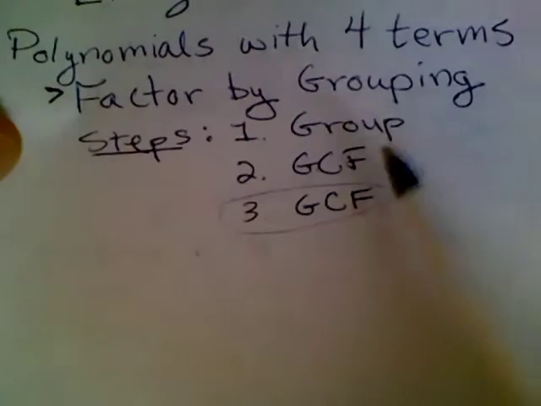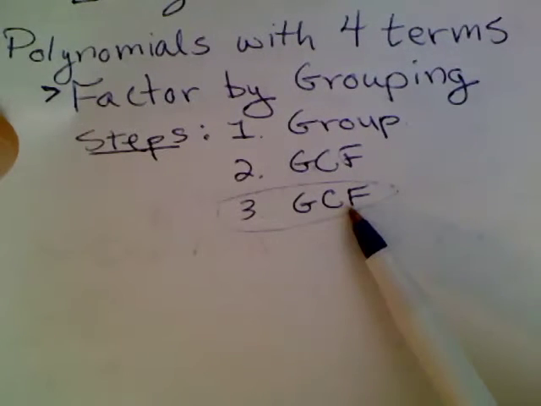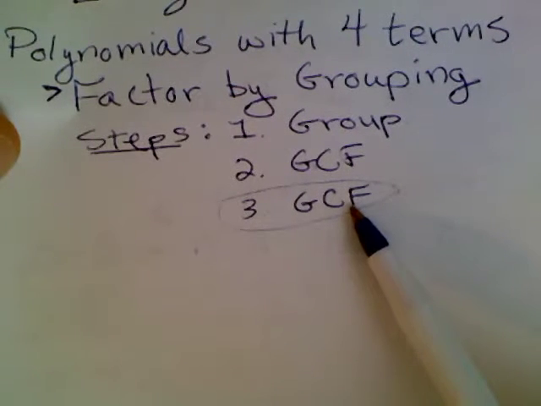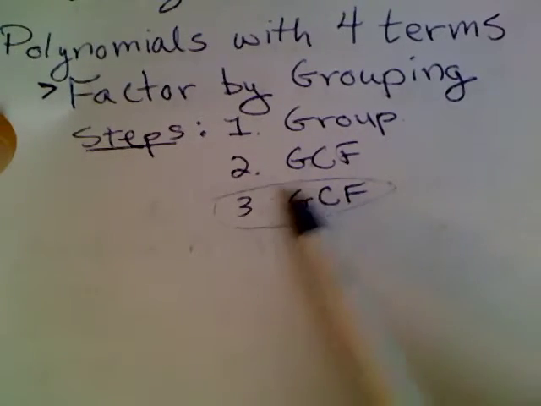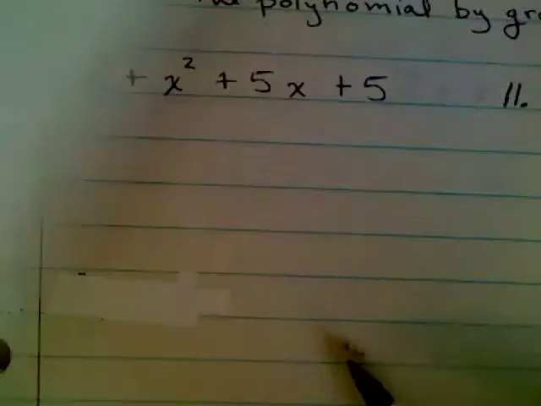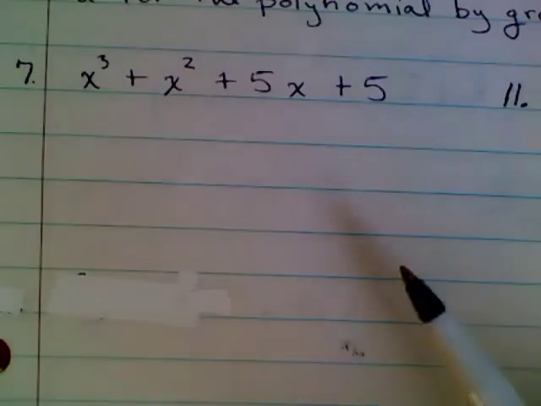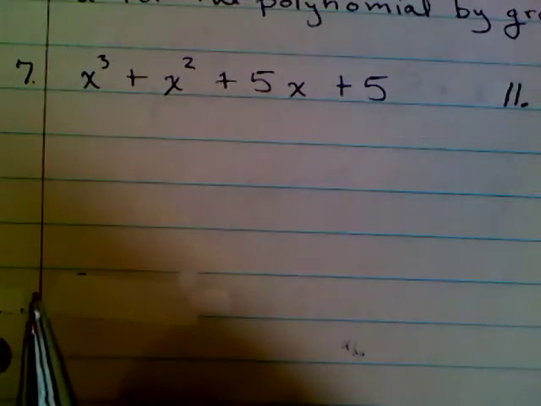The steps are to group, then to do the GCF, then to do the GCF again. We had just done some problems with GCF with that third step. Now we have to attach those first two steps at the beginning. Okay, so here we are. We have four terms. What you're going to want to do is group